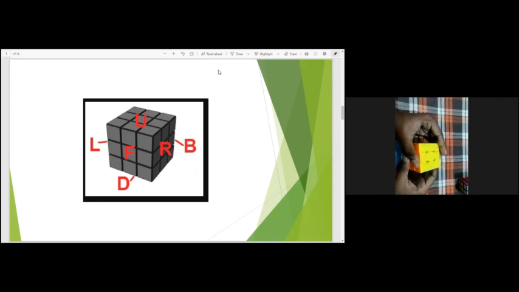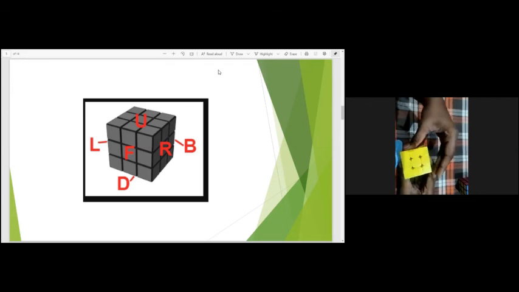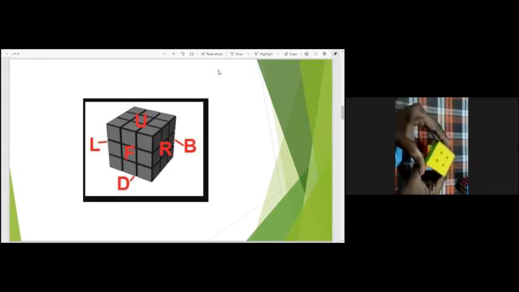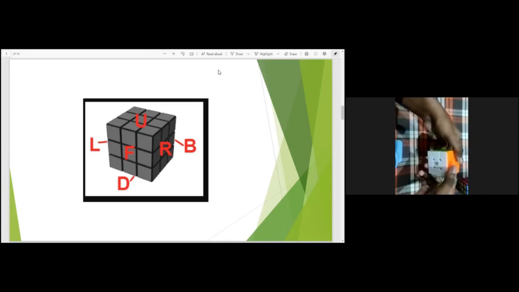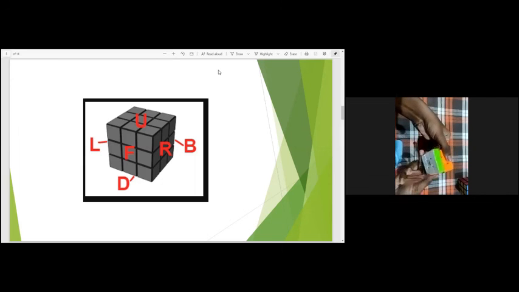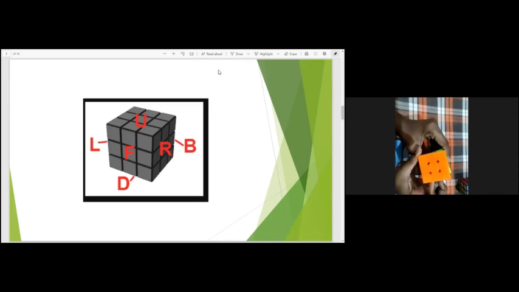And for U, this is U clockwise direction, and this is anti-clockwise direction. This is U inverse. And also for D, this is clockwise direction, which is D, and this is anti-clockwise direction, which is D inverse. And for front side F, this is clockwise direction, which is F, and F inverse is anti-clockwise direction.